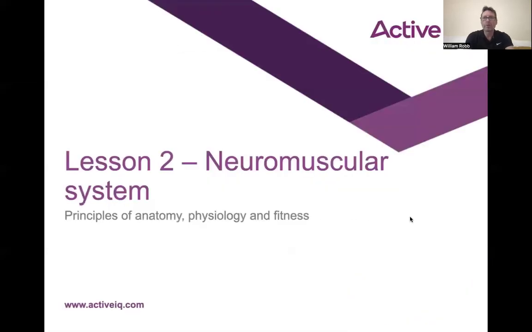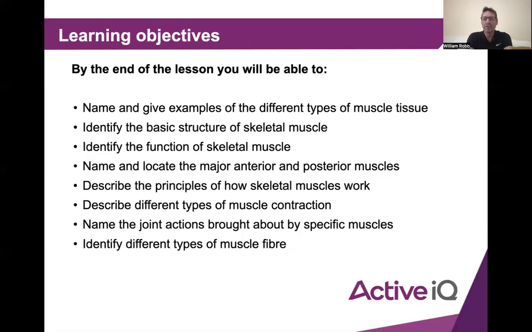Hi guys, so today I want to talk through the neuromuscular system. It's the second chapter in your level 2 ActiveIQ manuals. So we talk about the neuromuscular system. We're talking about muscles. So here you should be able to name and give examples of different types of muscle